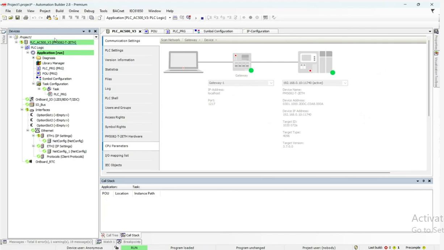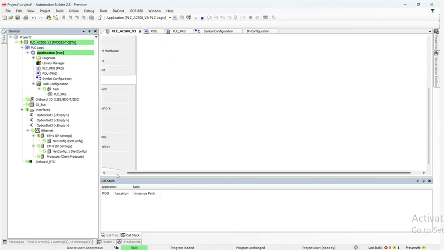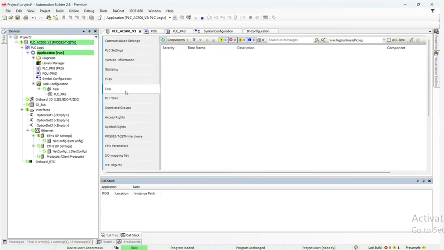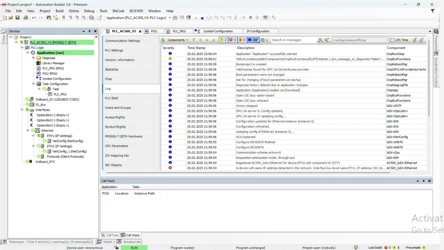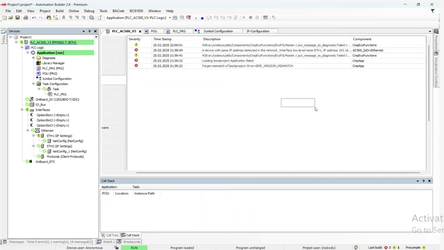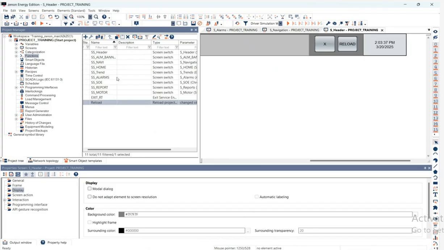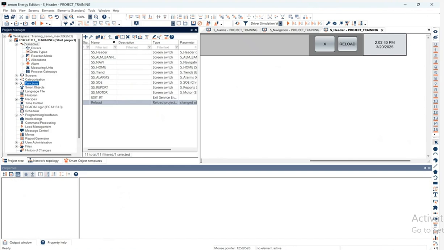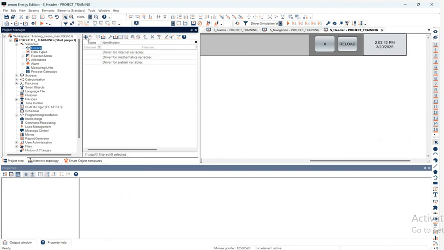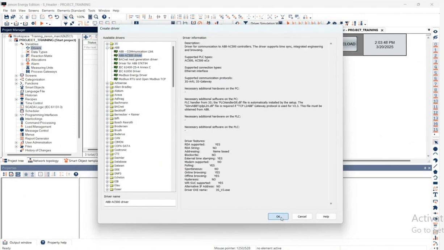Okay, so I have loaded the program. Okay, now let's go into Zenon. Let's go to the variable driver, add the ABB AC500 driver. Okay,